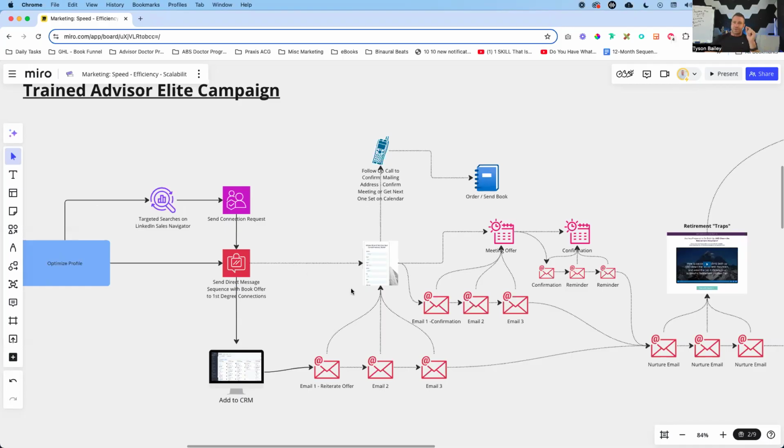But if we do this the right way, we're going to be able to handhold every single one of these connections and leads throughout their marketing journey. So in order to make that happen, when we send a connection or a message with that offer on the LinkedIn side, what we're also going to do is send that person an email